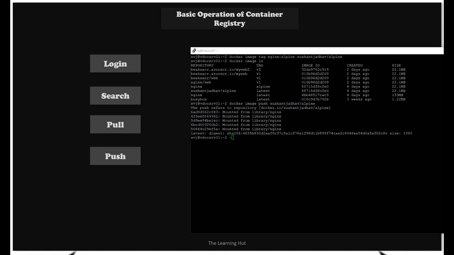In this section we have seen what the container registry is and what the aspects of the container registry are, how we can store our image, how we can tag our image, and how we perform basic operations on the image. In the next session we will discuss the Azure container registry. We will create an Azure container registry, build our own image, and push that image to that registry. Then in the Docker environment and a self-hosted Kubernetes environment, we will pull that image and build our containers, and in the Kubernetes environment we will build our pods.